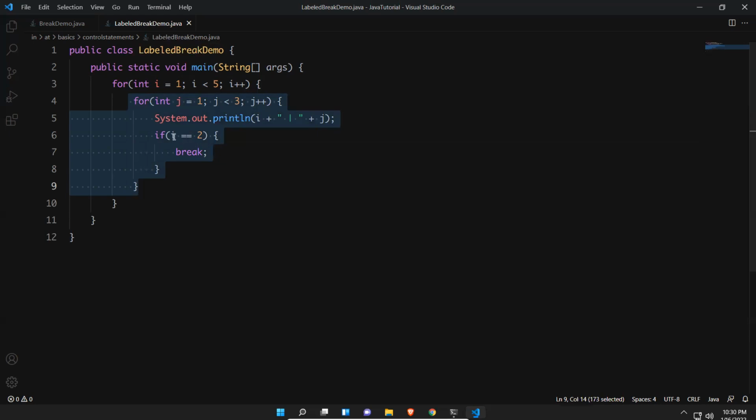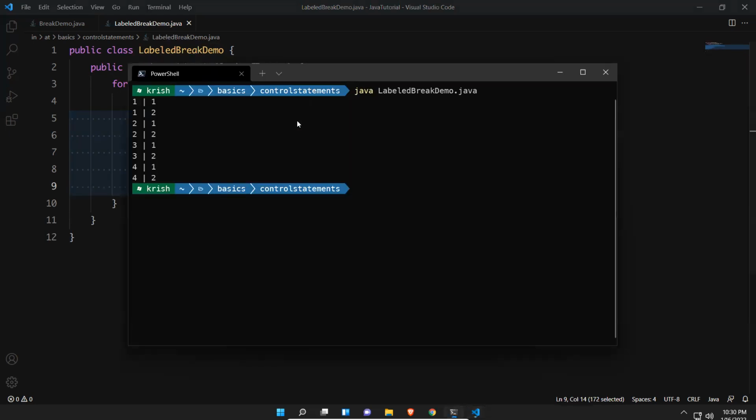So the moment it sees i equals 2, it will execute this break statement, and the rows will be 1 1, 1 2, 2 1, and then 3 1, 3 2, 4 1, 4 2.